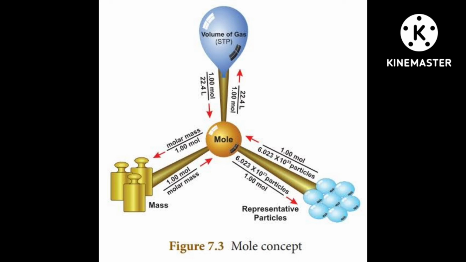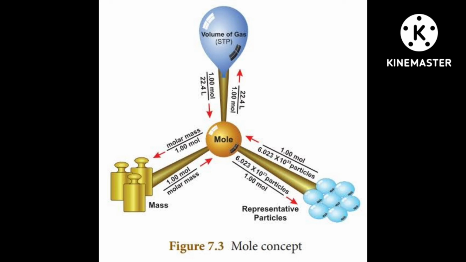We can define the mole as, or you can tell, 1 mole is the amount of a substance that contains as many particles or entities as there are atoms in exactly 12 gram of the 12C isotope. 12C isotope means